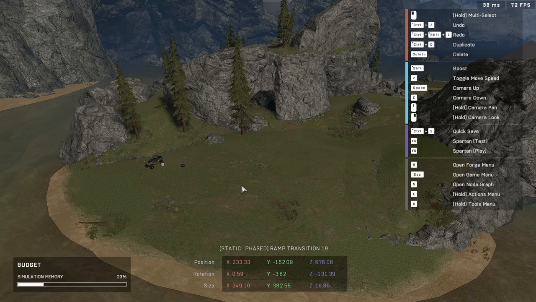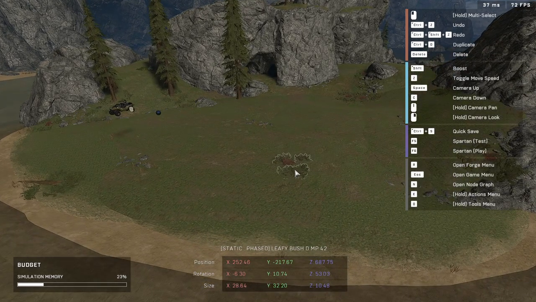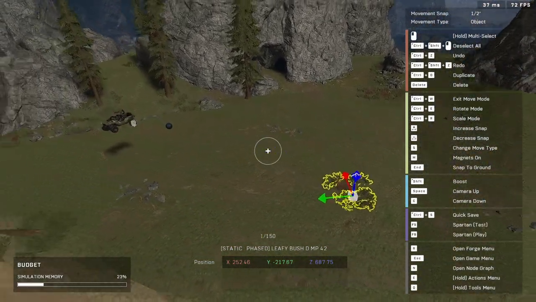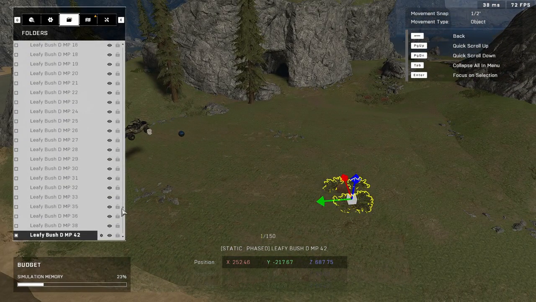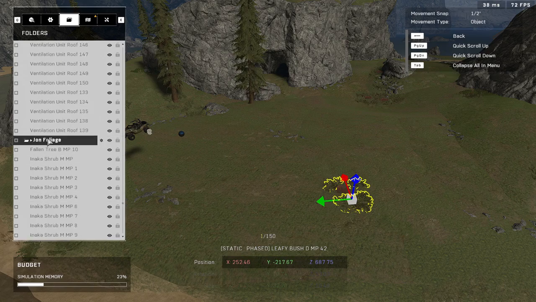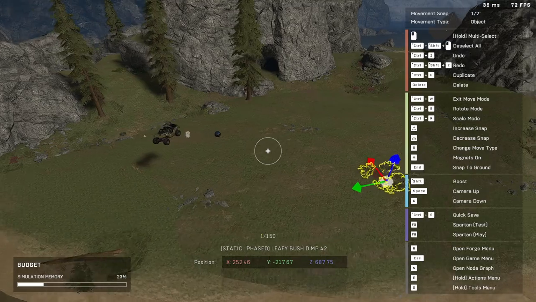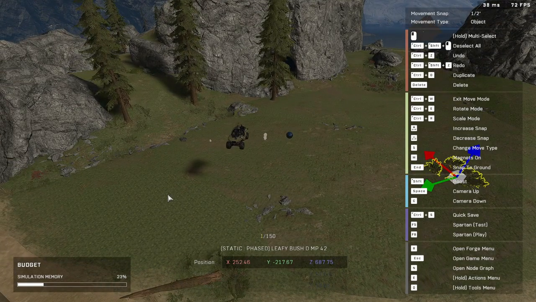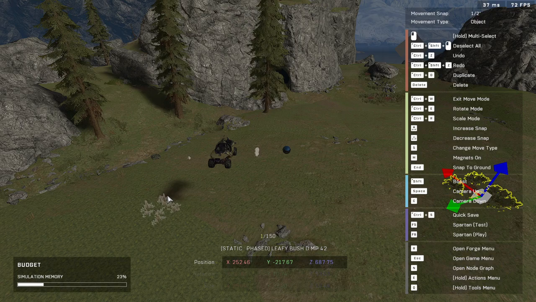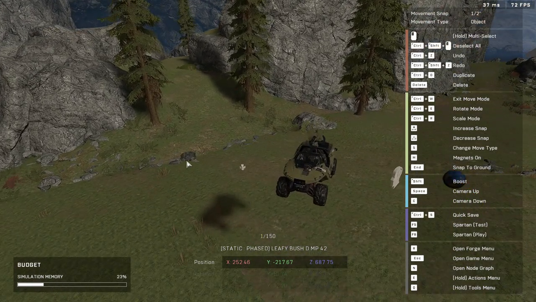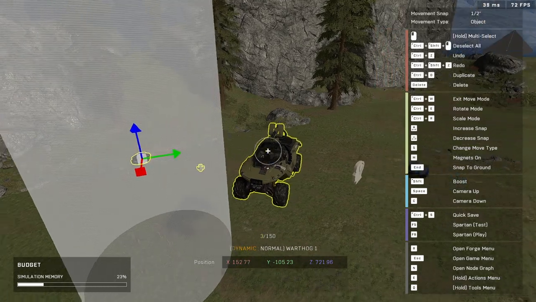Here I'll be showing you how to transfer multiple objects from one map version to another easily. So in this case I'll want to transfer these bush objects, which can be found in this folder called Dawn Foliage. Now, if this selection of objects that you want to move includes dynamic objects such as these, you will